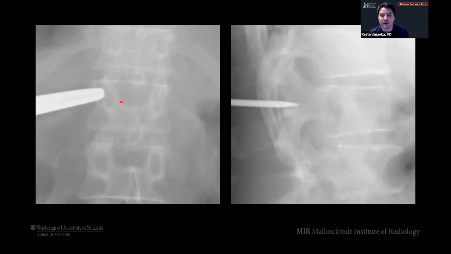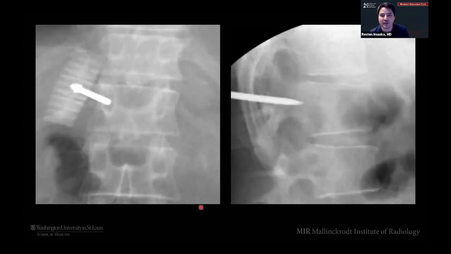We'll confirm as we put our needle in, as we're going in, to make sure we're straight in the middle of the pedicle, right? The ideal goal is to get right in the middle of the vertebral body so that you're ablating as much of the entire vertebral body as possible, right? We kind of approach this the same way a rad onc would approach it, which is to treat the entire vertebral body, even though the MRI may show that there's only a small lesion on the right side. There's always some micro disease that you cannot really see that well or cannot appreciate on the MRI. So we always try to treat it as much as possible and do the entire thing.